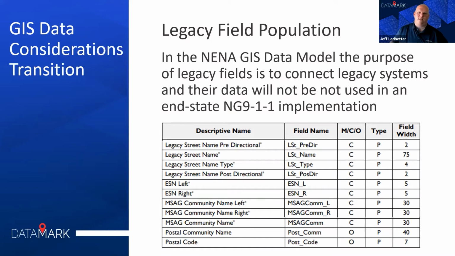Then, if you've been doing this at all, or you've looked at these two data sets, you'll see that the MSAG may call certain streets certain things, and they may parse things differently or have different values than you would expect there to be, certainly different values than you're going to see in the NG911 road name fields, particularly because the parsing is especially different. But it's important for you to note as the GIS professional that you have to respect what's in that MSAG in these legacy fields. And the reason is, going back to that MCS, that MSAG conversion service, what happens there